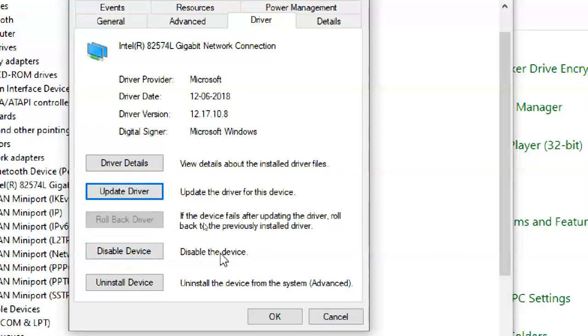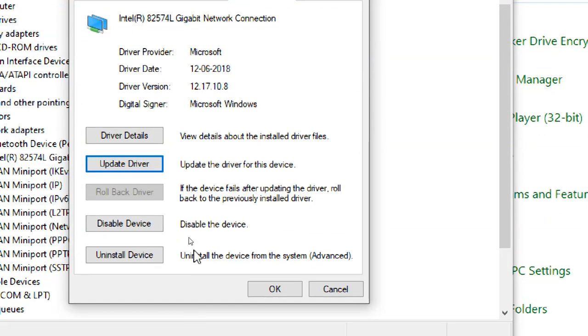Next, disable the driver. If you are having some issue with a driver or a device, you can disable the device temporarily, no problem. Uninstall the driver: if a driver is giving issues, some device is not working properly, it worked earlier but not working now, you can uninstall the driver, or you install a new driver but it is not working, you can uninstall it also. One troubleshooting technique: the device is working, drivers are good, but suddenly because of a virus or something, drivers are corrupted. Then you can uninstall the device, restart the PC, and try to check it.